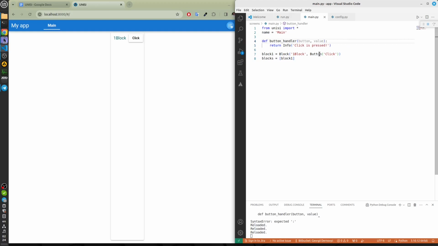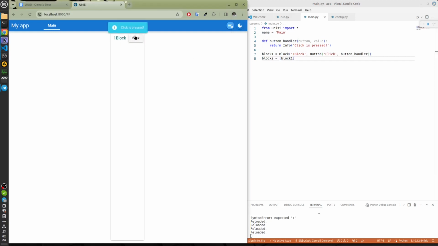To connect the handler with the button, we just write it after the name of the button. And now, when we press the button, we will get a window.